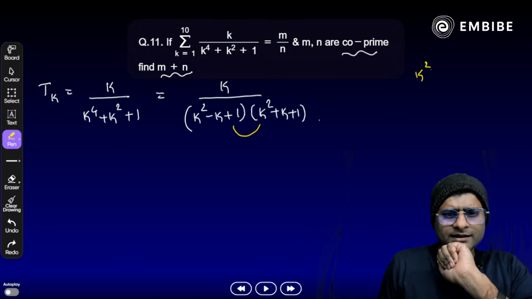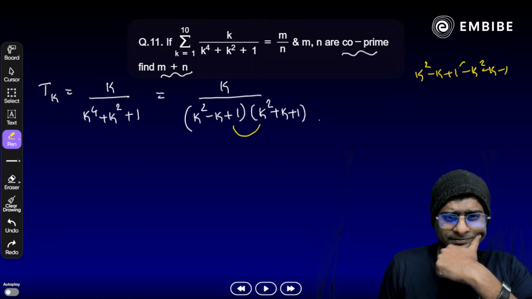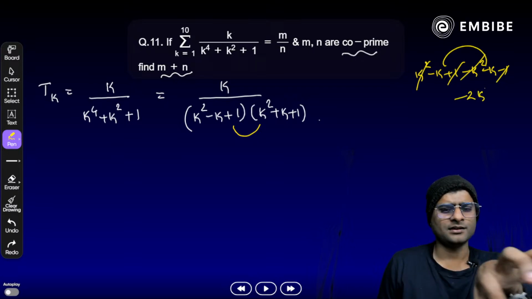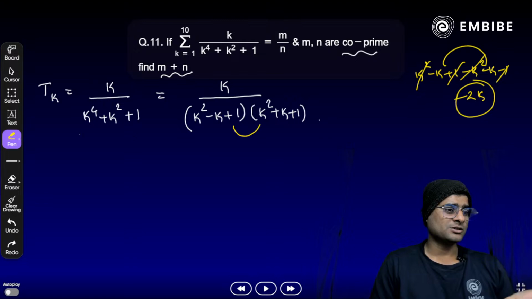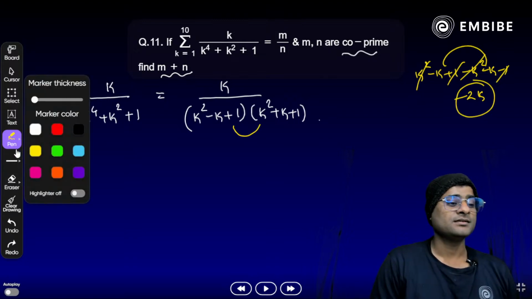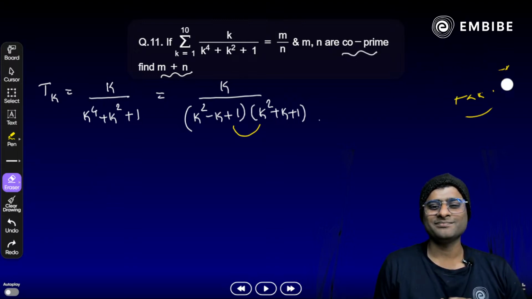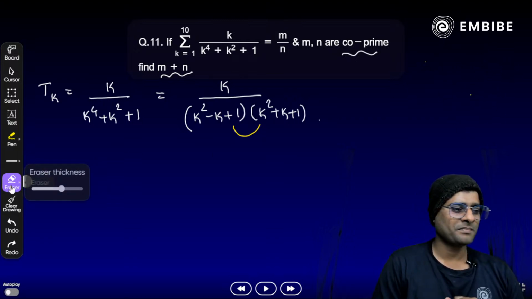सो जस्ट सब्ट्रैक्ट हियर, लाइक k स्क्वायर माइनस k प्लस 1 और माइनस k स्क्वायर माइनस k माइनस 1 here. Once we try to subtract here, what we get here, these terms will cancel out here. So आपके पास बचता क्या है, माइनस ट्वाइस ऑफ k here. That means आपको थोड़ा सा यहाँ पे एक आइडिया मिल चुका है कि न्यूमरेटर में आपको 2k होना चाहिए वहां पे, बट है क्या, सिर्फ और सिर्फ k है. सो व्हाट वी नीड टू डू हियर,